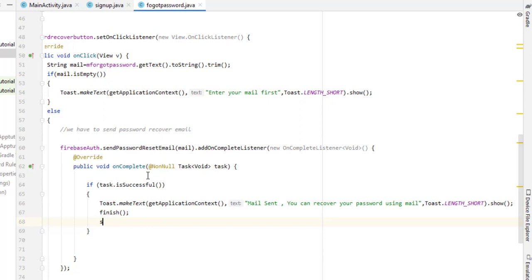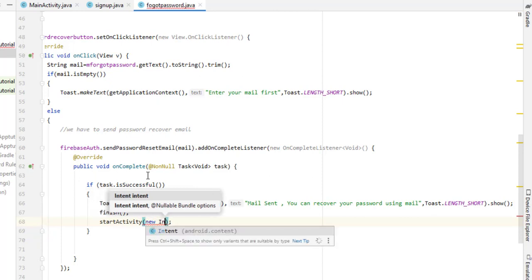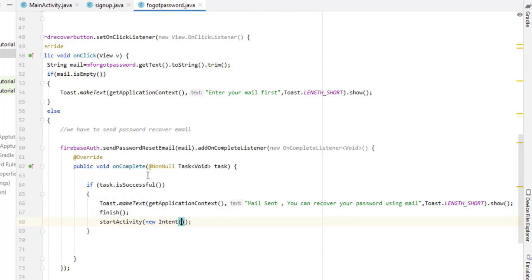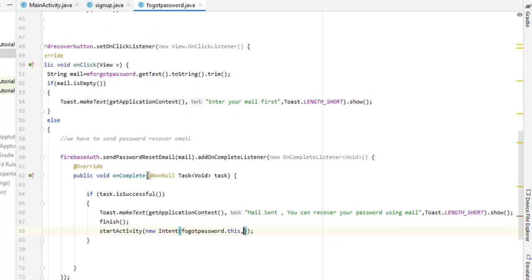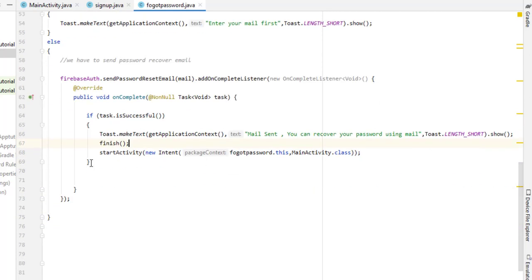Now we have to start our main activity, to redirect the user from this activity back to our main activity. Simply type startActivity(new Intent(), and inside the bracket we pass two parameters: the current activity, ForgetPassword.this, comma, and where we want to go, MainActivity.class. And if something goes wrong, what do we have to do?